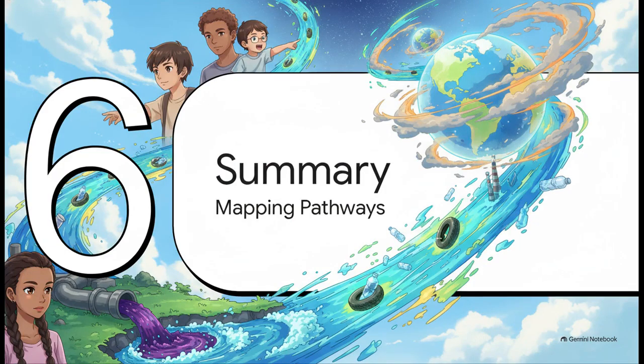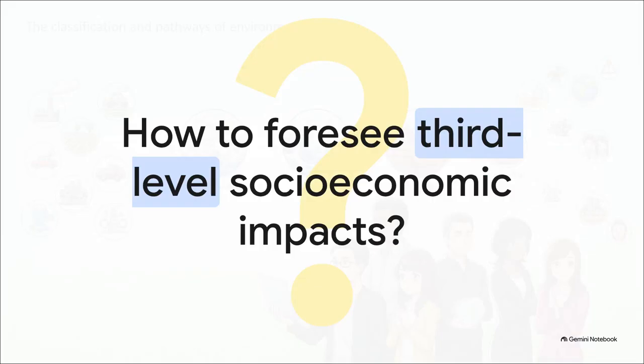And finally, Section 6, Summary of Impact Pathways. Well, we have covered an immense amount of ground in this explainer today, journeying all the way from a single immediate drop of industrial effluent to global, compounding, cumulative changes over time. By breaking down impacts into direct, indirect, cumulative, and induced categories, we really begin to appreciate the staggering responsibility of